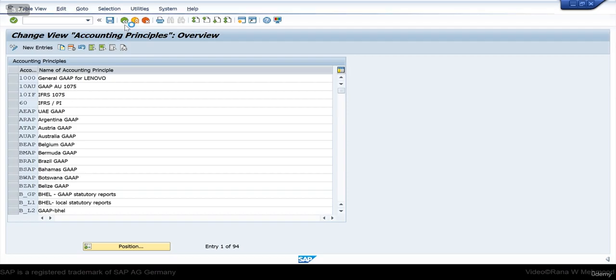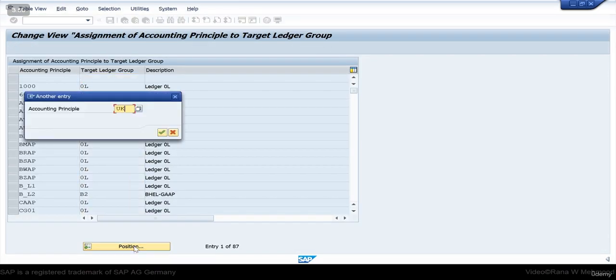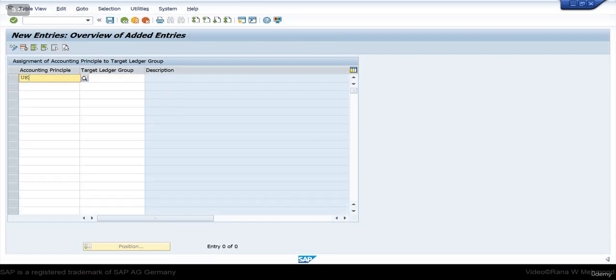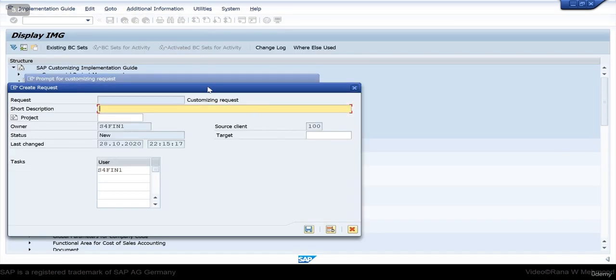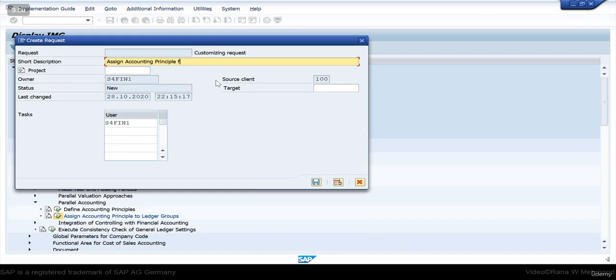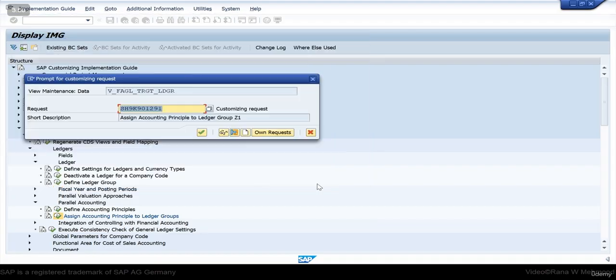Okay, now go back and then execute it, go to position and look for UK GP. It does not exist, so you have to create new entries and enter UK GP, and the target ledger is Z1. Press enter, and this time it will work. Click save, and you can create a new customizing request. Assign accounting principle to ledger group Z1, and then save it. Press enter,